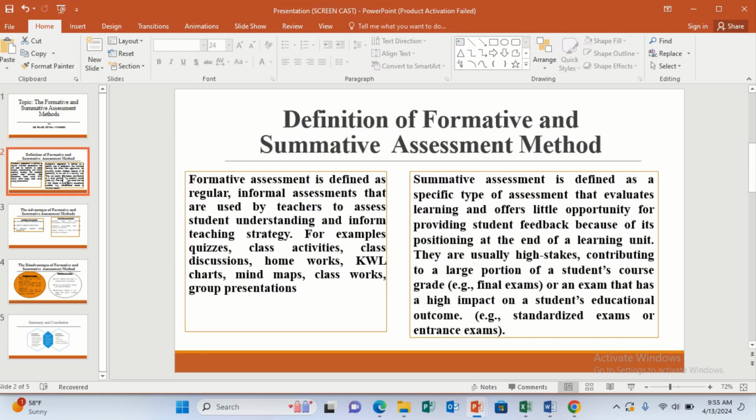First and foremost, what do we mean by formative assessment method? This method can be defined as a regular informal assessment that is used by teachers to assess students' understanding and inform teaching strategy. For example, we have quizzes, class activities, class discussions, homeworks, KWL charts, mind maps, classworks, and group